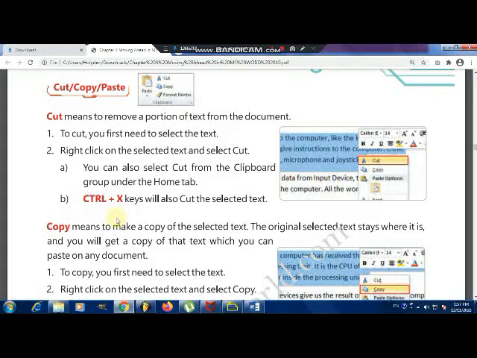In the clipboard group, there are 4 commands: cut, copy, paste, and one new command. It is new for you, that is format painter. You already worked with cut, copy, paste. If it is a new command for you, no problem, you will understand it in this session. So let's first see the different commands from the clipboard group.